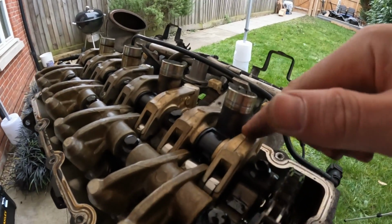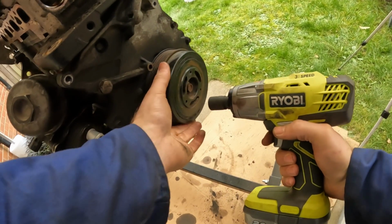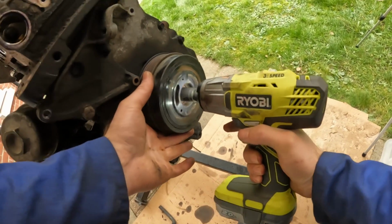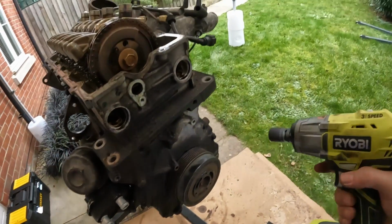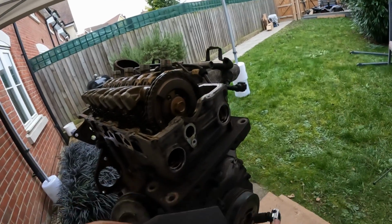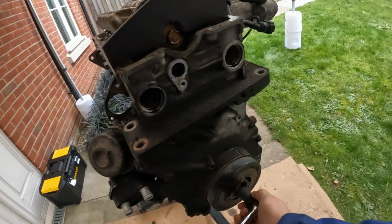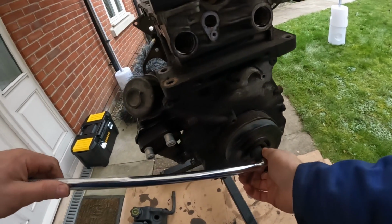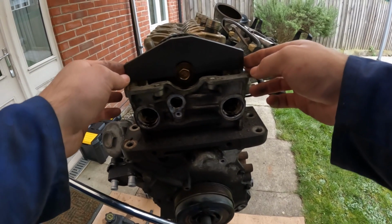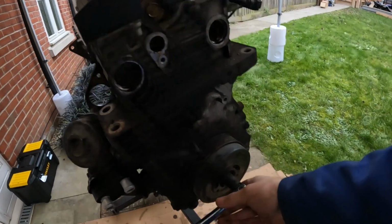Any good? I'm really hoping that this takes this off, because otherwise I'm going to have a real problem with this spinning when I try to undo it. Of course it doesn't do it. Oh, I've got an idea. I'm thinking that if I lock this cam, which is obviously connected to the crank via this chain, that should lock that, and I should be able to actually take this bolt out now. And I'm not worried about breaking the chain or the sprocket or anything, because obviously I'm replacing all of it. So yes,